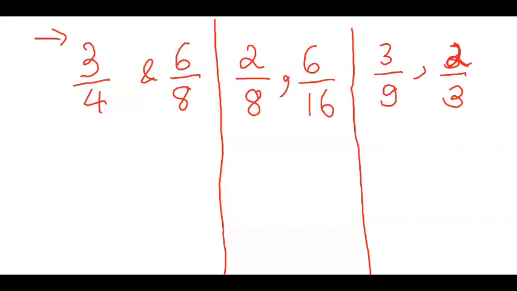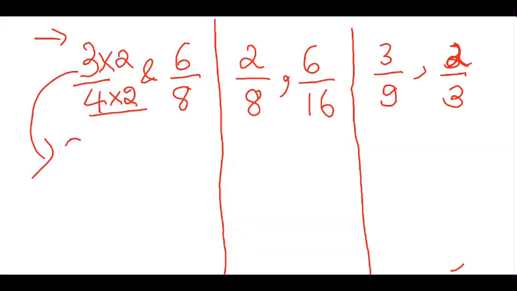So first we check if the denominator, 4, is divisible in 8, right? Yeah, it is, because 4 times 2 is 8. You just have to write 4 times 2 is 8. That's all. So if you write 4 times 2, then you have to write 3 times 2 as well. So you write it down now. Please write it down. How to write it down? Now 3 times